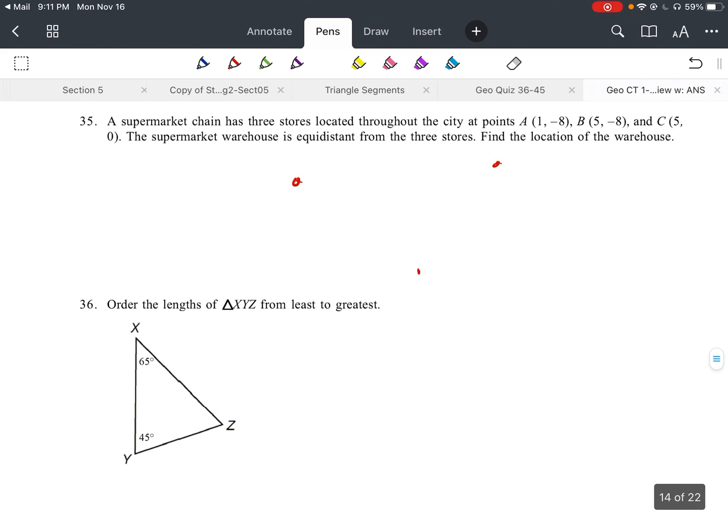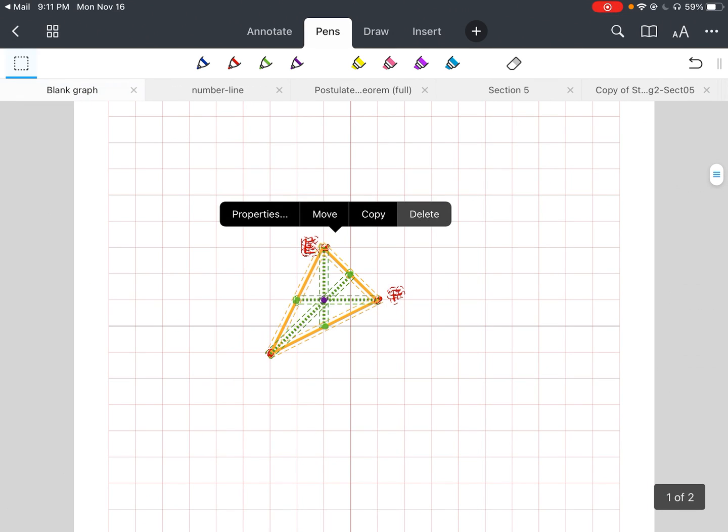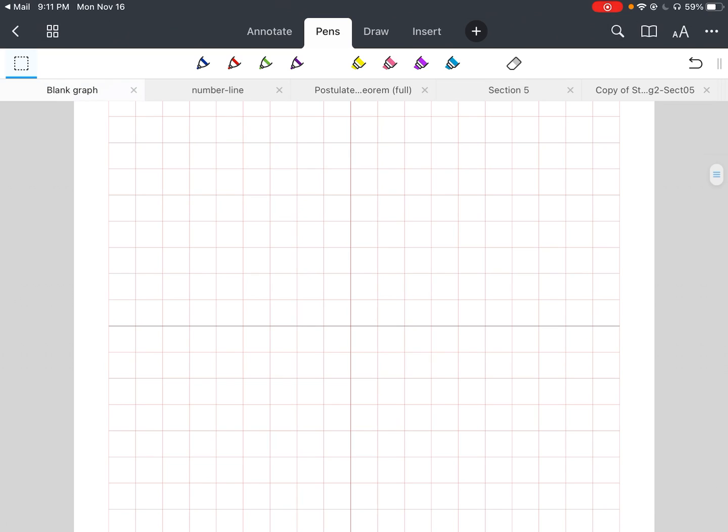Do we want to graph it, or do we want to do the other? That's a good question. Let's graph it, and we'll figure out our perpendicular bisectors. So this is 35. Let's pull this up again. Let's get rid of this guy. Okay, so for 35,